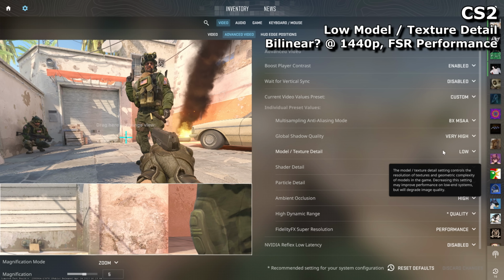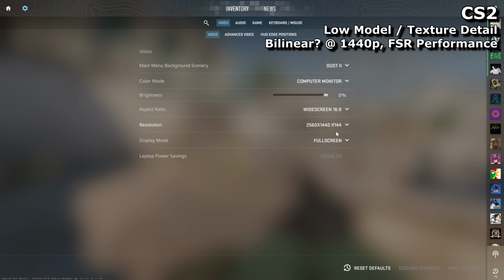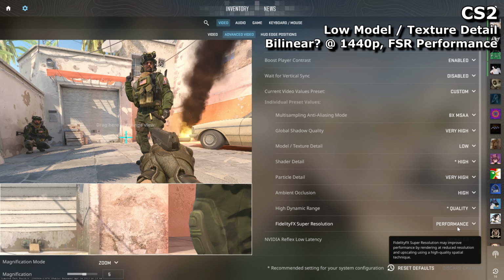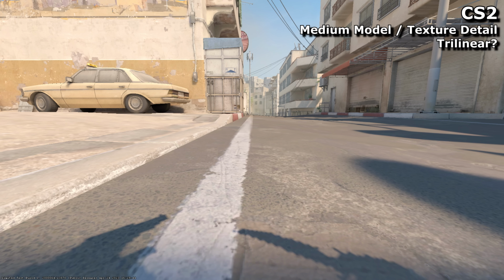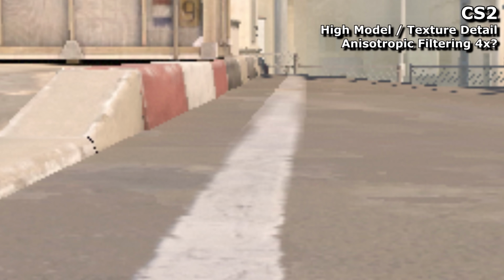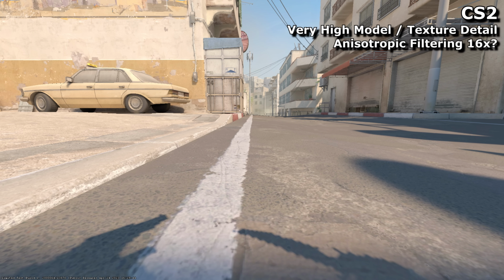I never thought I'd be suggesting FSR as a way to overcome aggressive texture filtering, and it probably isn't what you wanted to hear when you woke up this morning. But we're here now, and we just have to deal with it, I'm afraid. And switching to high texture preset, we see anisotropic filtering. Not the greatest setting of it, mind. I'd hazard a guess and say it's 4 times. And very high finally gets us to the big numbers. Hopefully 16 times, but I've been burned by highest presets before.